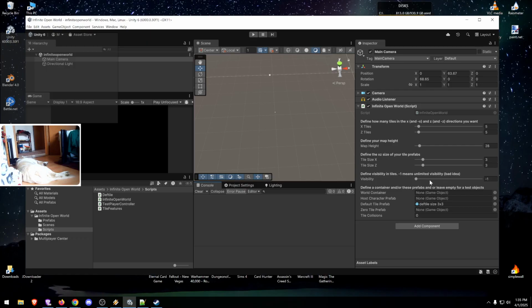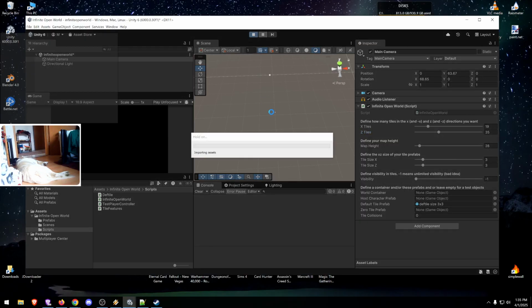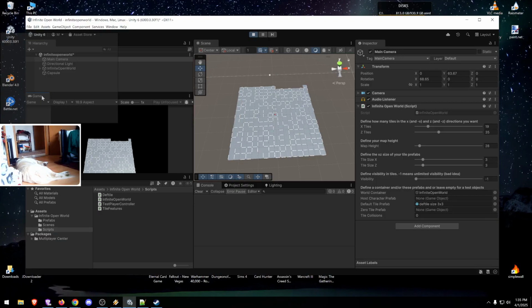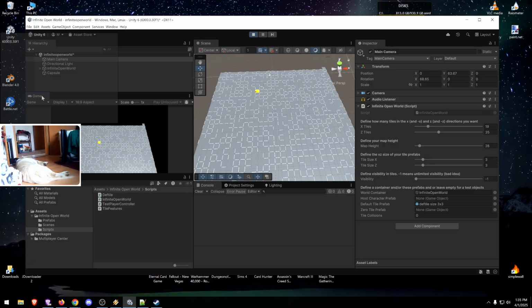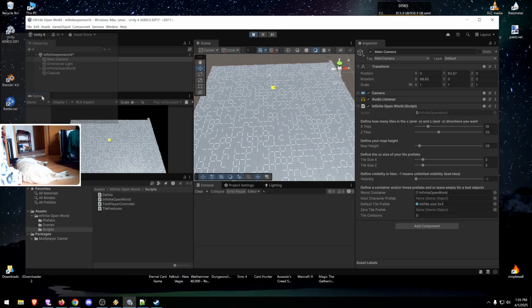Unlimited visibility is a bad idea. So this is in tiles, which means 5 tiles visibility, and then we turn off everything. For example, if we have like a bunch of tiles there, and the thing is going to do this. Yep. Good. It's going to create all the tiles. If we have a bunch of tiles, then the visibility is 5. It should not show. It should disable the tile immediately. And should not show what is happening. But it should also take the disabled tiles and move the dungeon. We're going to have to test that as well